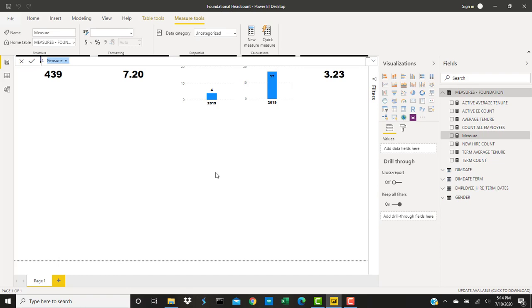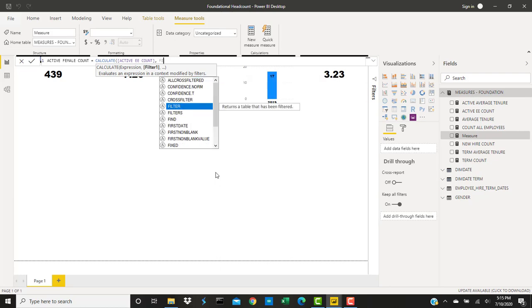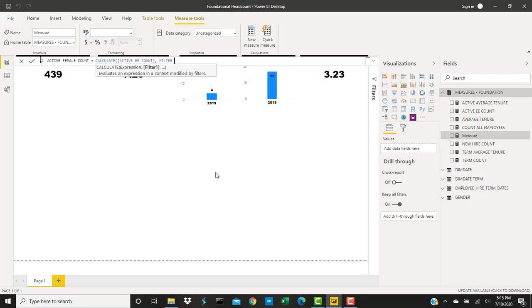And then we are going to name it active female count. And we're going to say calculate. And then we want to do active employee count. And then we want to filter by